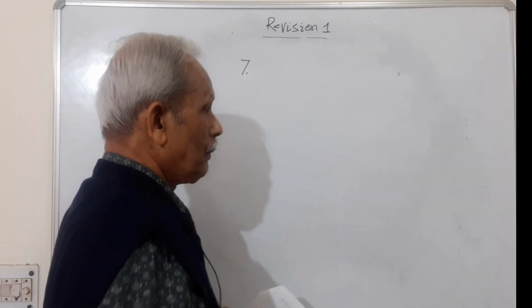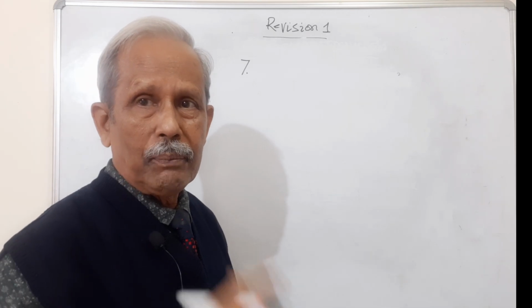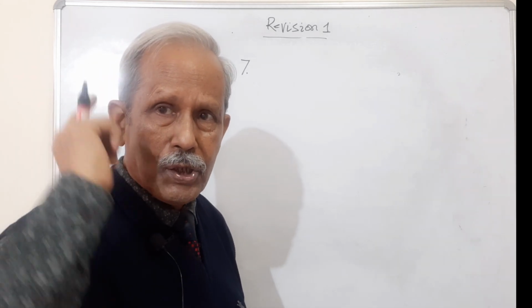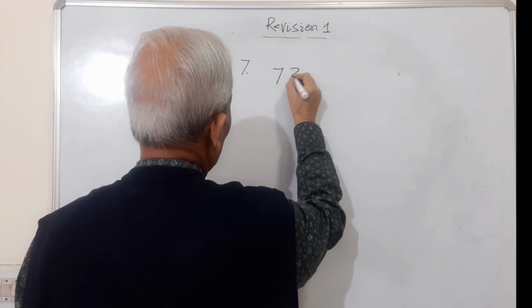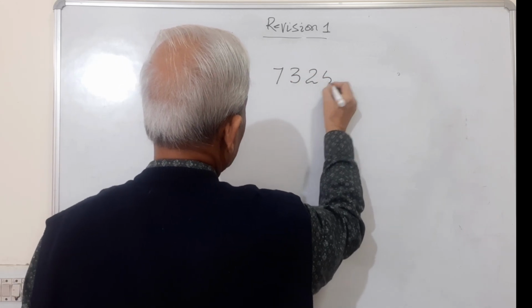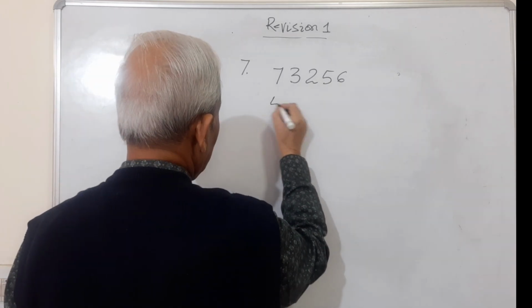I have told you about the visualization method, the method by which you can do calculations very quickly by increasing the speed of your processor. So I'll give an example. I give a question to do. You can try it yourself, to see how quickly you can do it. 73256 58